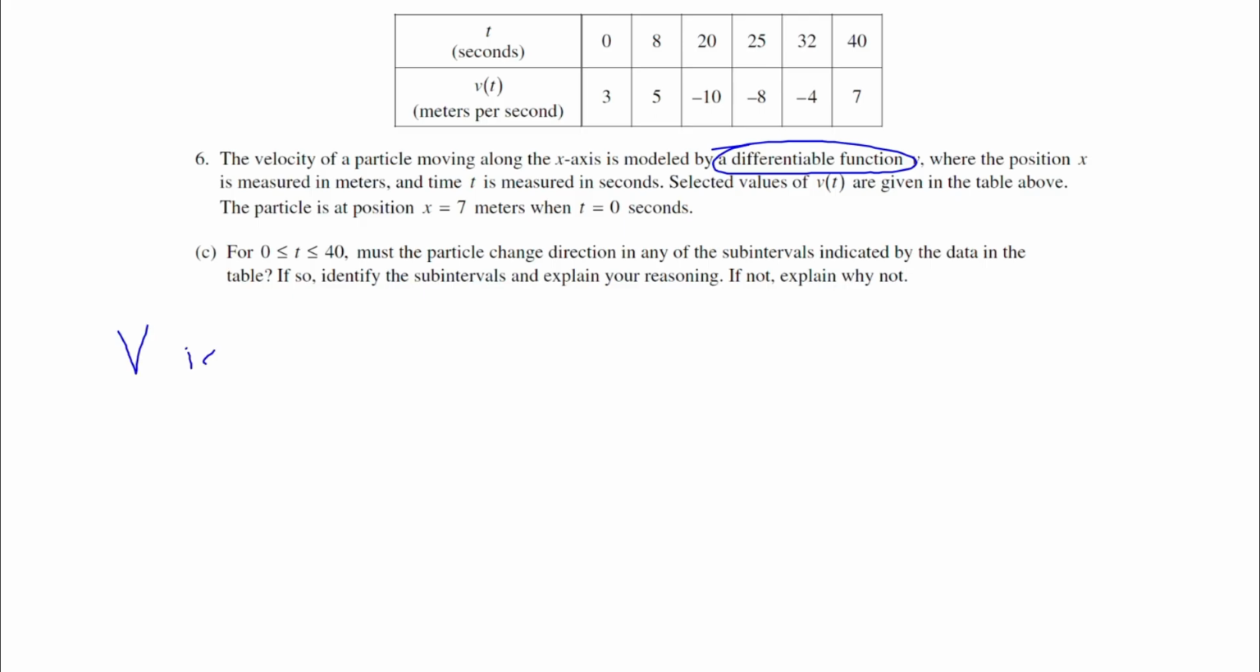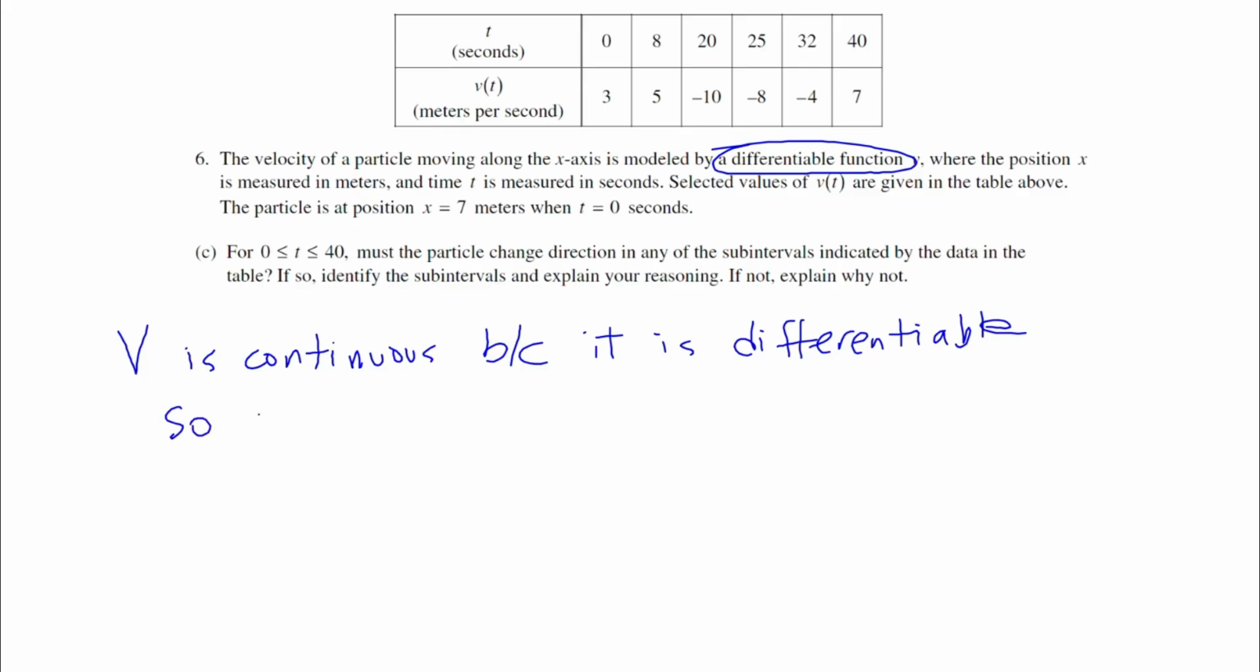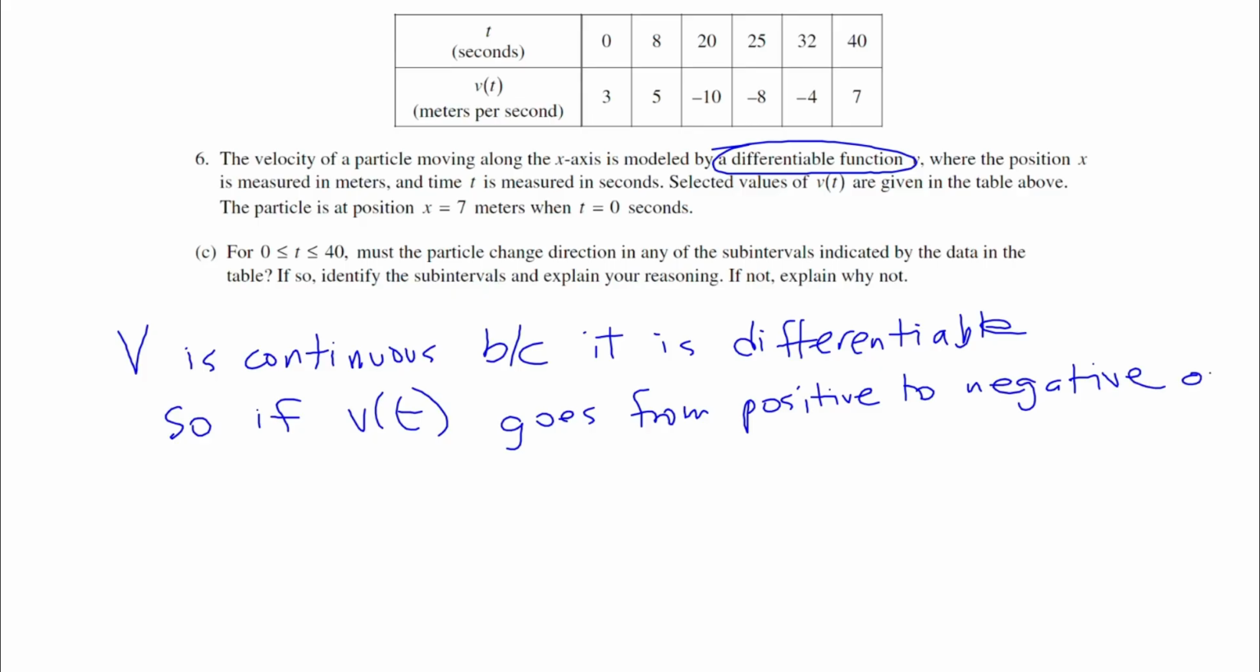So v is continuous because it is differentiable. Right? We know it's continuous because it's differentiable. So if v of t goes from positive to negative, or the opposite, or we'll say or vice versa, then the particle changes directions. Right, so that's